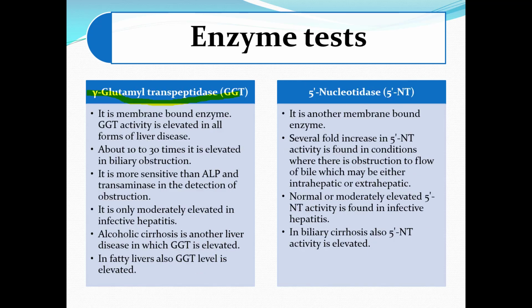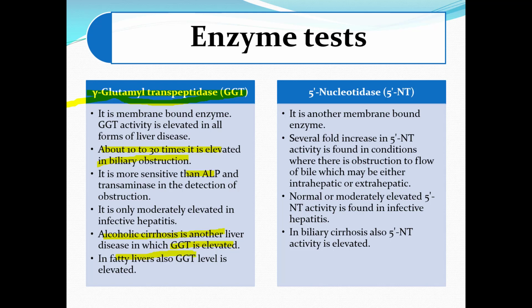Since ALP is connected with many other conditions also, like bone, placental growth, etc., gamma glutamyl transpeptidase is a typical marker for liver obstruction as well as fatty liver disease or cirrhosis. There will be about a 10 to 30 times increase in biliary obstruction, and it is more sensitive than ALP, as I told you just now. Alcoholic cirrhosis also can increase the gamma GT. So it is used in fatty liver, alcoholic liver,